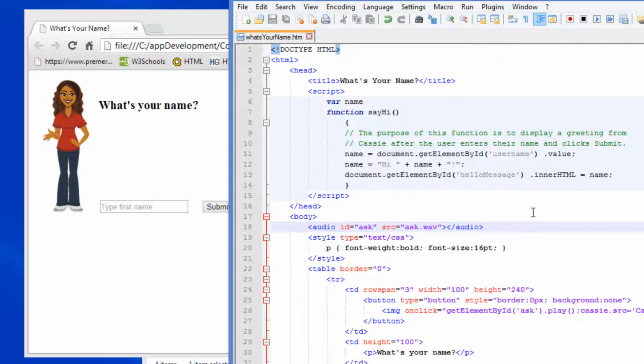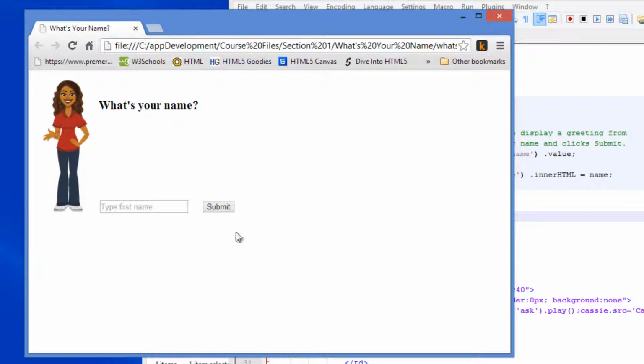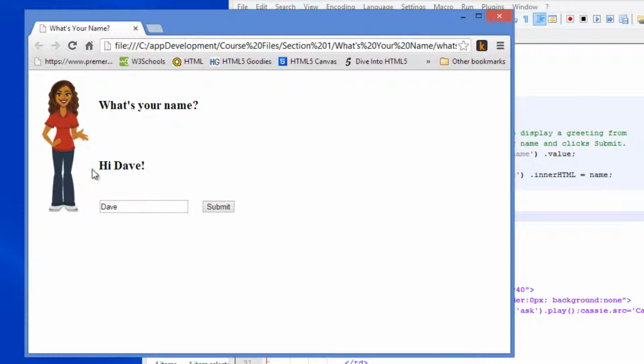I'm going to make one other change to demonstrate something. There are some changes that you can make that you don't necessarily see any difference, but just the fact that it still works tells you that you didn't make a mistake. Let me demonstrate real quick that the way this web page works is it asks you the question. Actually, if you click on Cassie, What's your name? there's an audio file that plays. It asks you what's your name. You type your name in here